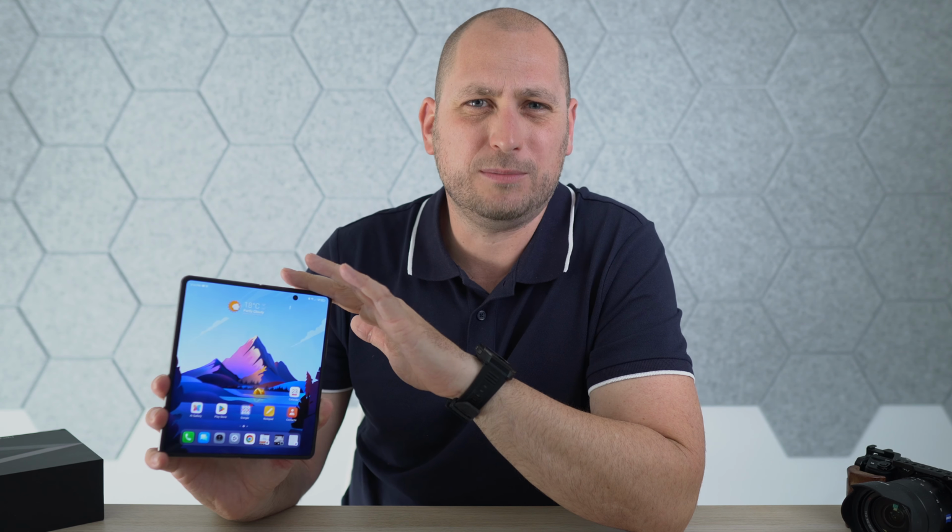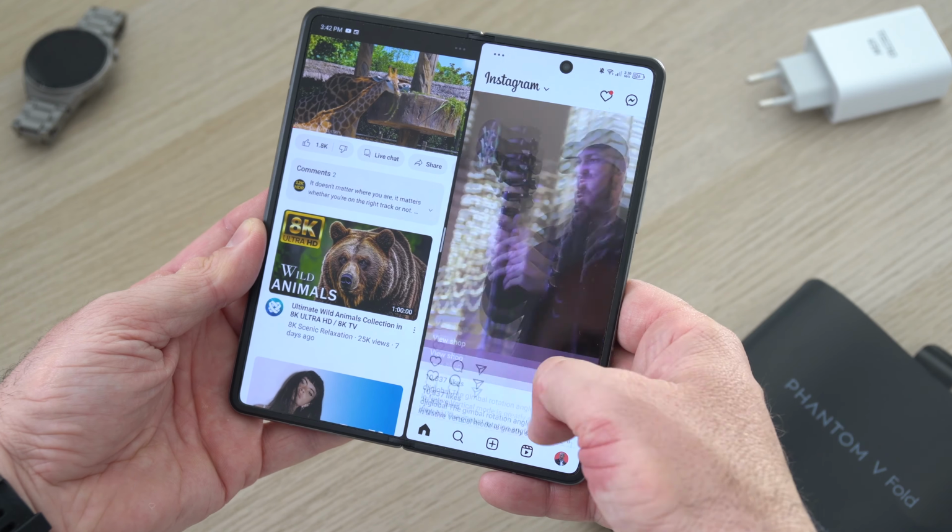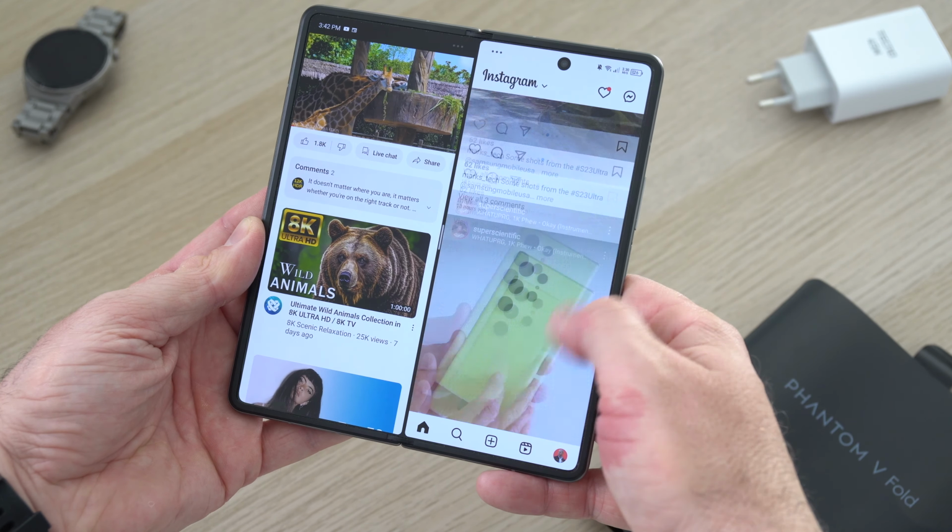So you should be able to get between 6 and 7 hours of screen on time on one charge, even if you're using the big screen here at the maximum brightness. So yeah, this was a super quick look at the Phantom V Fold. I love the fact that the screen on the outside here is big enough that you can actually use this as a regular phone. So if you don't want to open it, if you don't want to unfold it,